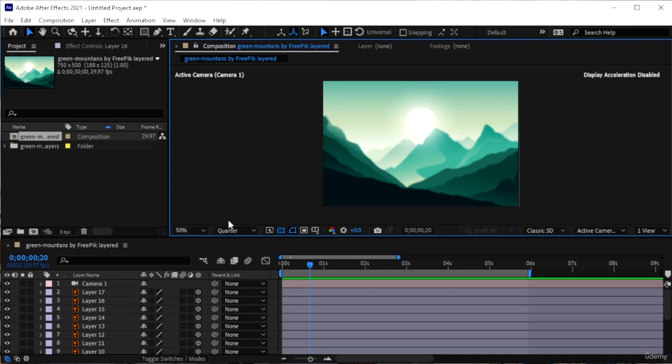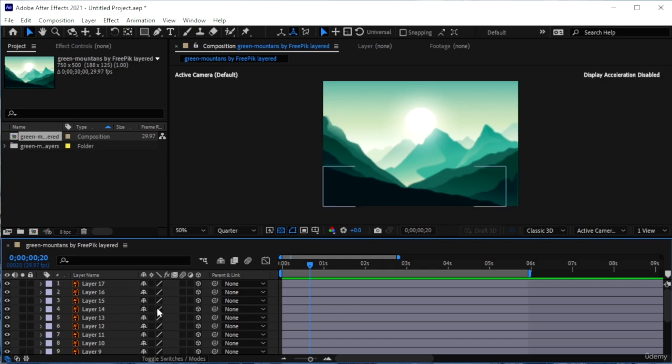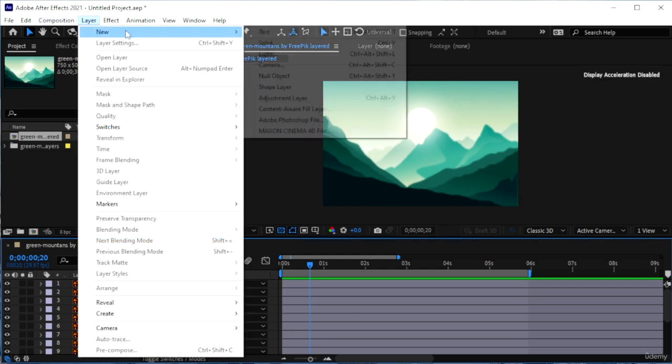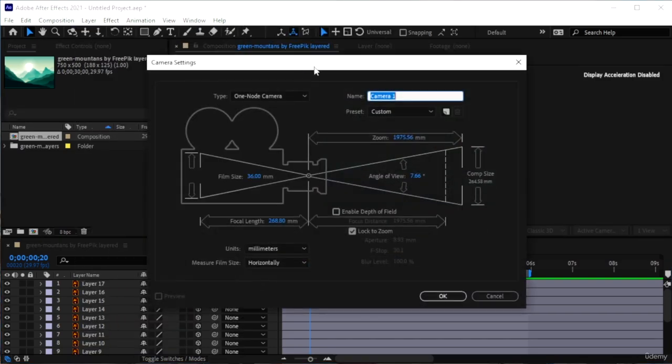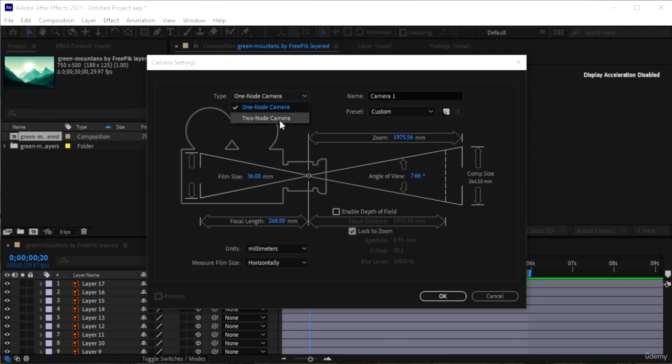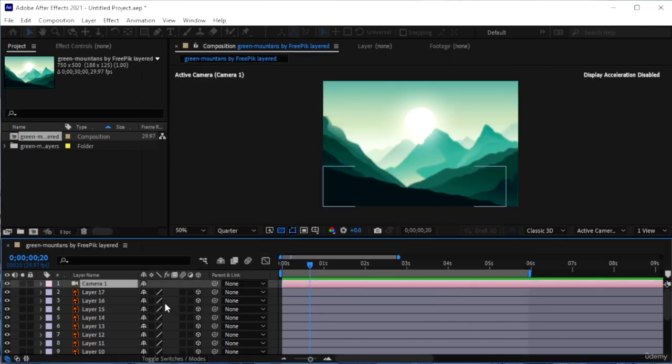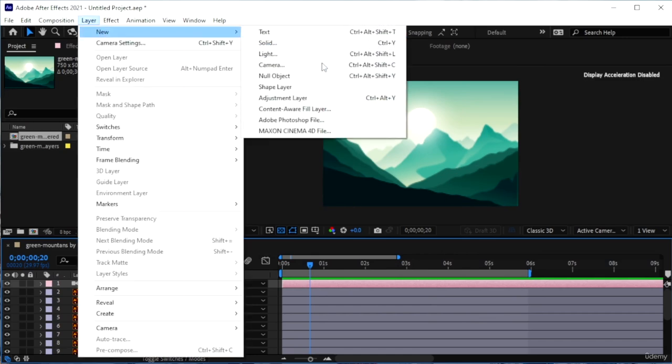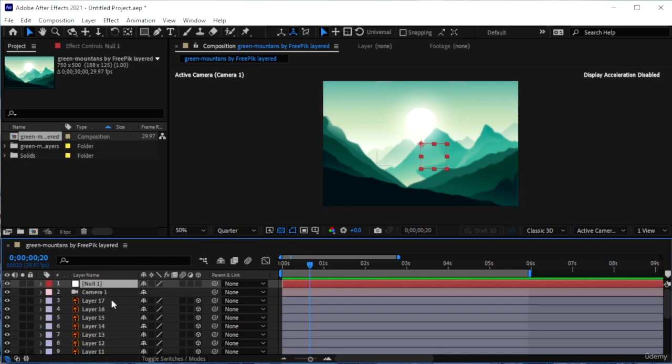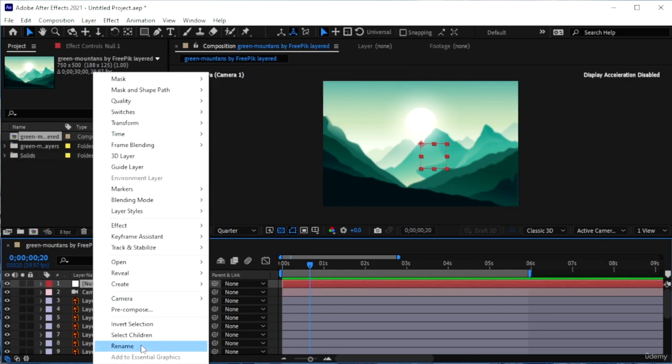So what we need to do is to go to, I'm going to delete this camera layer first, make a new one. Go to camera, and instead of 1 node, make sure it's on 2 node. You can name it if you want. I'm just going to hit OK. All right, now that I have this, I also need to create a null object. So go to Layer, New, Null Object. Place this on top. Let's name this guy